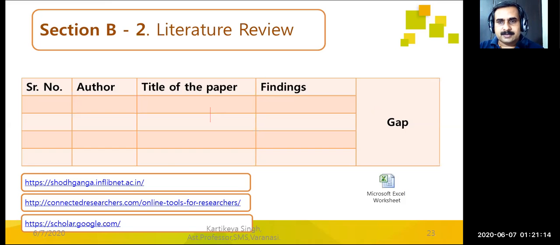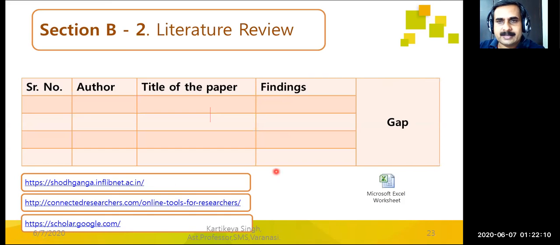और इस चीज को करने के लिए मैंने अगेन यहाँ पे आपको कई डिफरेंट डेटाबेसेस मेंशन किए हैं। शोध गंगा मैंने बताया, शोध गंगा एक प्लेटफॉर्म है जहाँ पे सारे रिसर्च पेपर, इंडियन रिसर्च पेपर्स और थीसिस, पीएचडी वर्क्स आजकल एक कंसोर्टिया के रूप में रहते हैं। देन connectedresearchers.com, ये बहुत बड़ा डेटाबेस है जहाँ पे डिफरेंट टाइप्स ऑफ प्लेटफॉर्म्स अवेलेबल हैं जिसके थ्रू आप उस डेटाबेस को क्रिएट कर सकते हो।